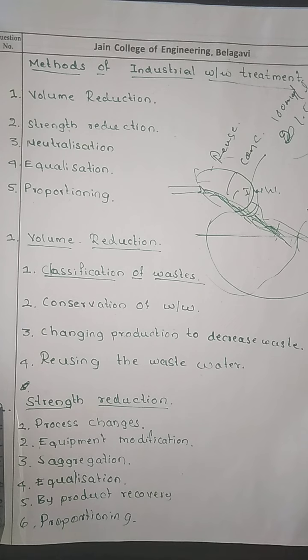Now, equipment modification. By having equipment modification also, we can have less polluted wastewater. Changes in the equipment can be helpful for reducing the strength. In the pickle industry, a screen is placed over the cucumber to prevent the escape of pieces of cucumber, which reduces the strength of the industrial wastewater. Similarly, a trap can be placed in the pipeline for feathers and fats, if they are present.